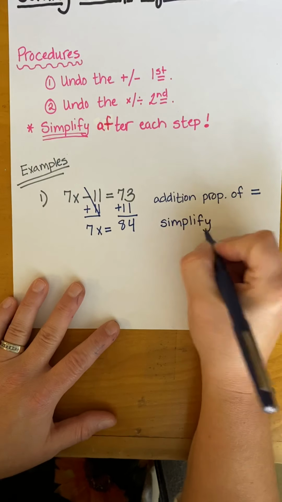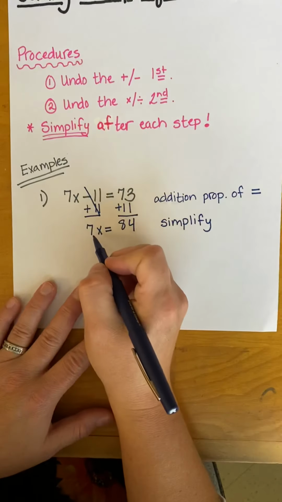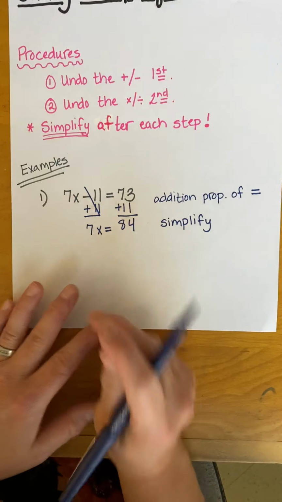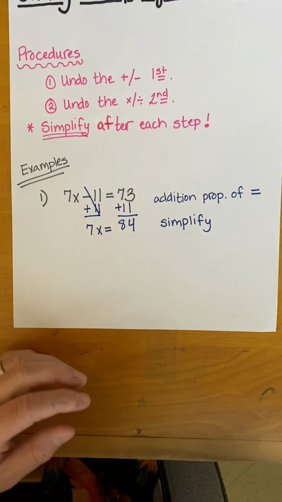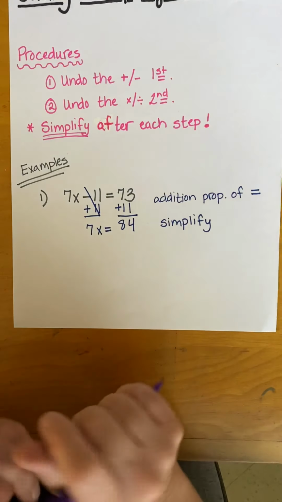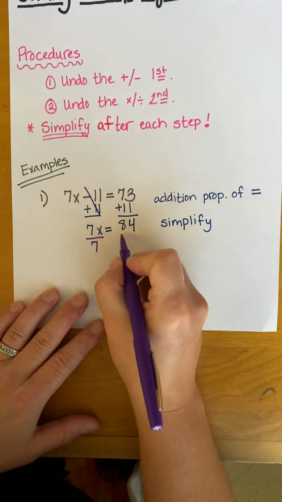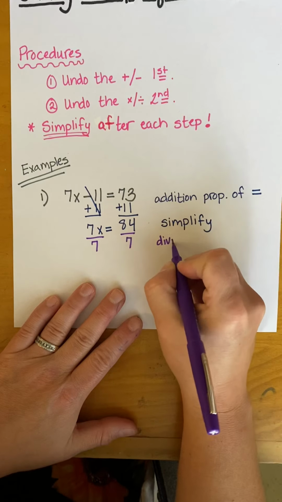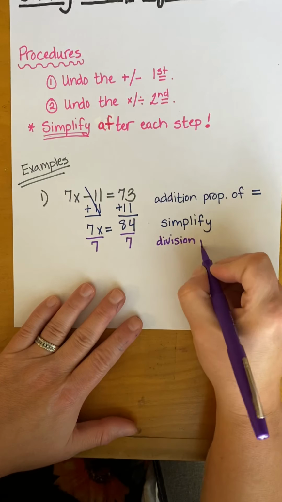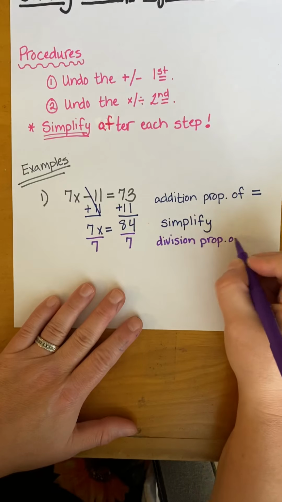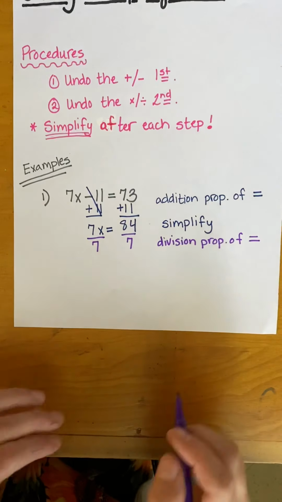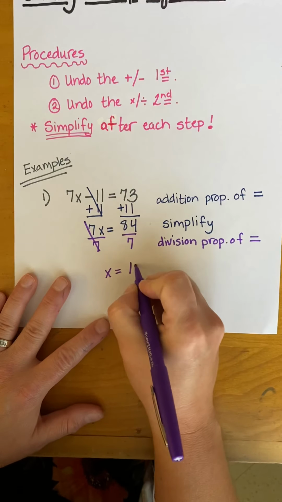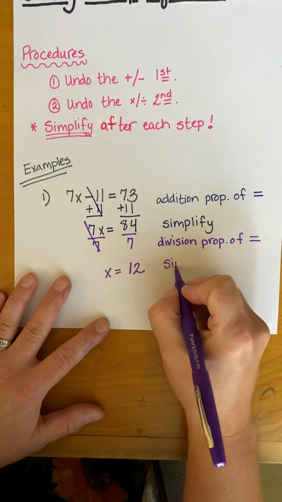We did some simplification. All right, so I'll go back to the side with the variable. Now I'll undo multiplication or division. This is a 7 times x. To undo multiplication, we will, of course, divide, because if it's beside, then you divide. So I'm going to divide both sides by 7, and guess what property that is? That would be the division property of equality. Abbreviating again. All right. And then the last step is just to simplify. These 7s will cancel, and 84 divided by 7 is a beautiful 12. So we did some simplification again,